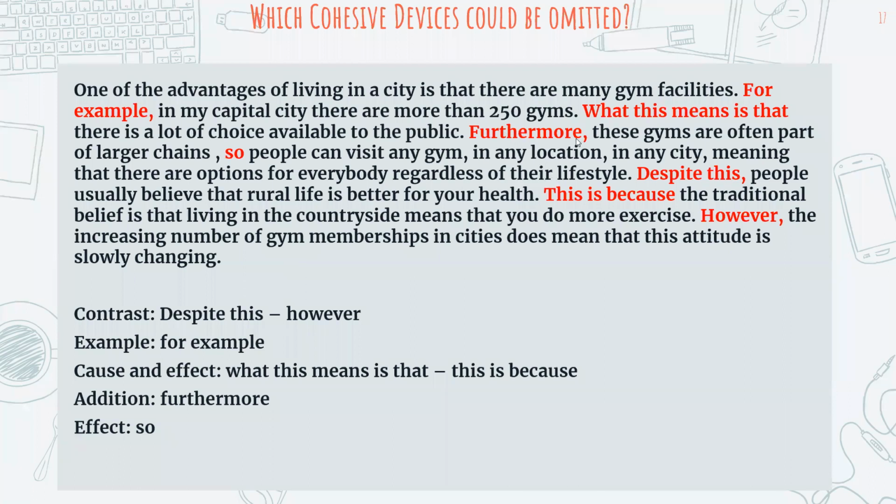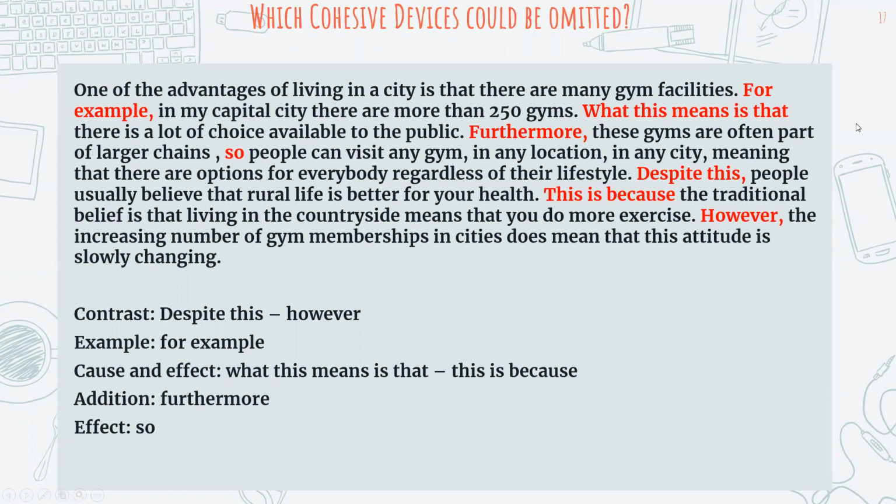Okay, but let's look at furthermore and this is because. Furthermore, what this means is that there is a lot of choice available to the public. These gyms are often part of larger chains, so people can visit any gym in any location and so on. So I removed furthermore because I don't want to risk overusing cohesive devices in general. As you can see, it's just one paragraph and it has 7 cohesive devices. It doesn't work like that. 3 or 4